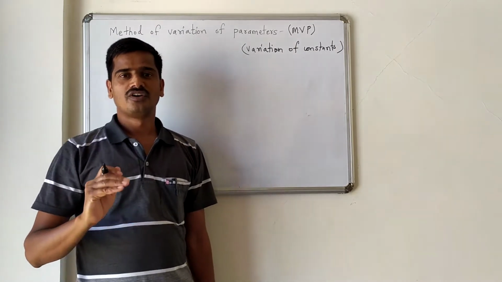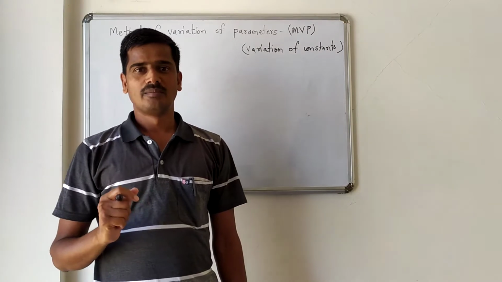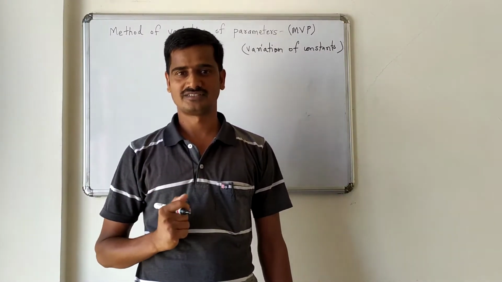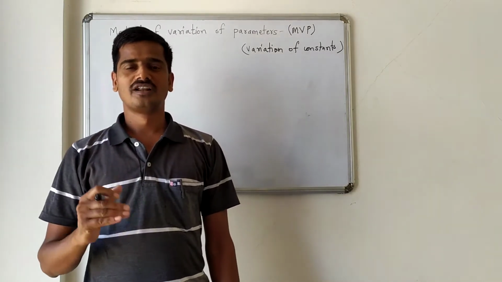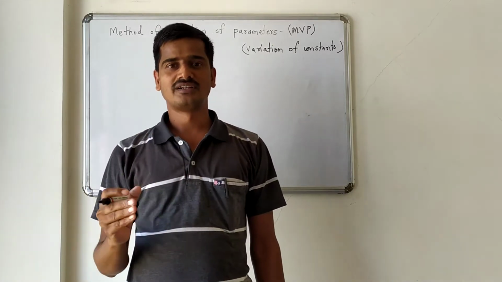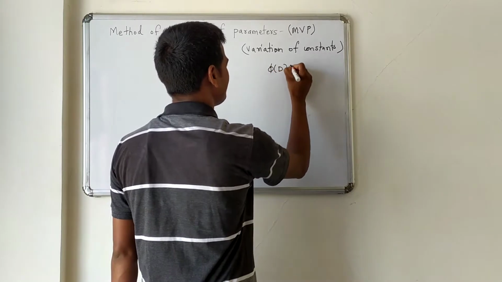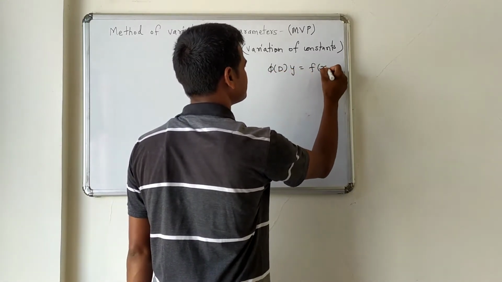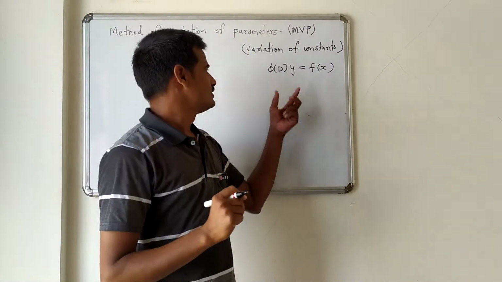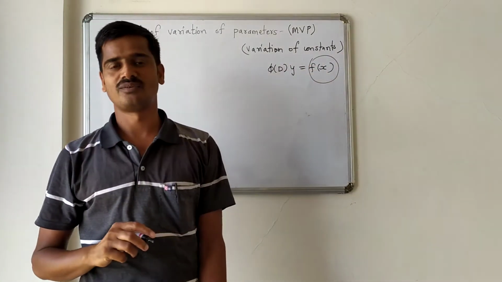Now, so far we have discussed the general method and the shortcut method, but both of these methods have their own limitations. For example, the general method involves laborious integration. And in the shortcut method, the function on the right hand side, in the general form of nth order linear differential equation phi of D into y is equal to f of x, should be in a specific form.